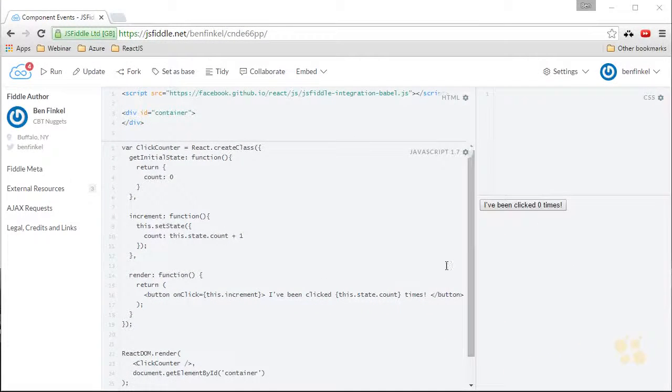So check this out. Just as is, I've been clicked 0, 1, 2, 3, 4, 5. Every time I click it, that state increments. React is handling the redrawing of that button with the correct number in it. It's handling remembering the state for me and incrementing that state every single time. All I need was my simple onClick